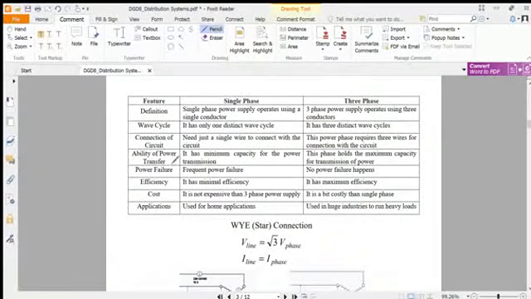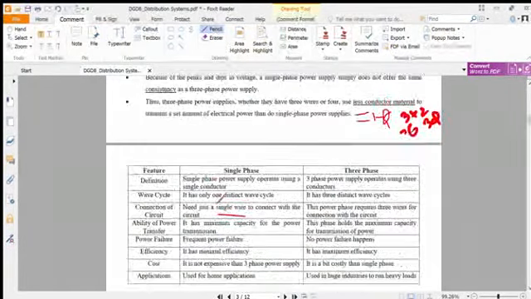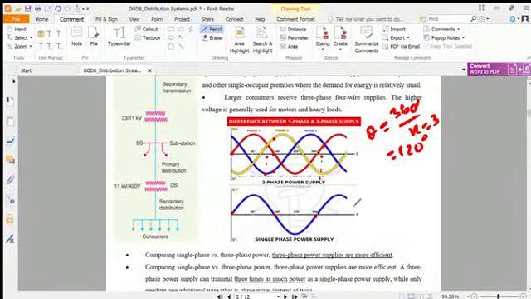The circuit of connection is a single wire versus a three wire, and the ability to power transfer is three times higher than this. And there is no power failure, because it is called frequent: every time it goes to zero, and then zero again, and here once again zero. This is zero crossing, this is zero crossing, this is zero crossing. It is frequent because for 60 hertz the time is